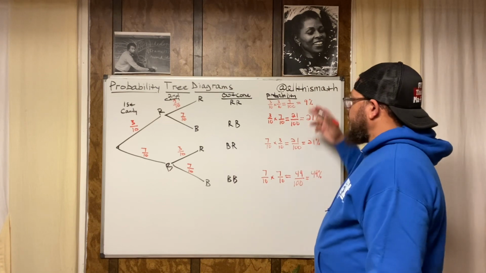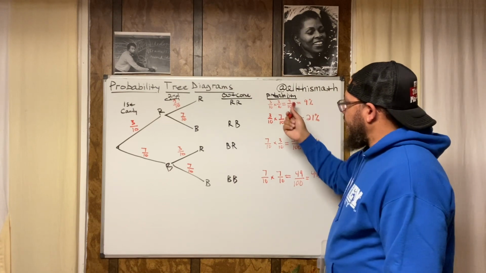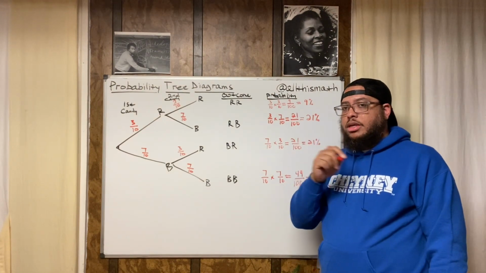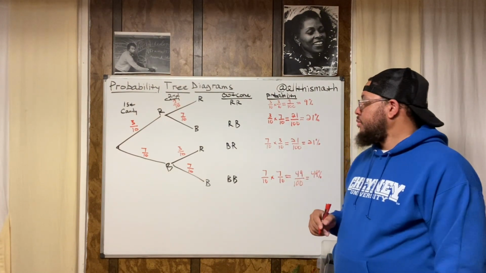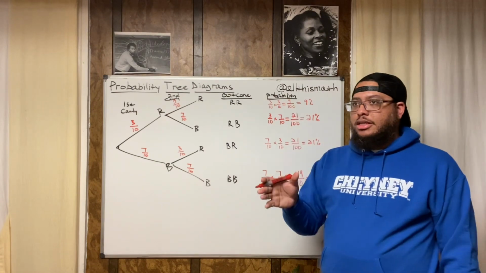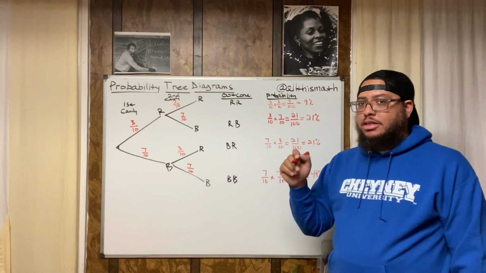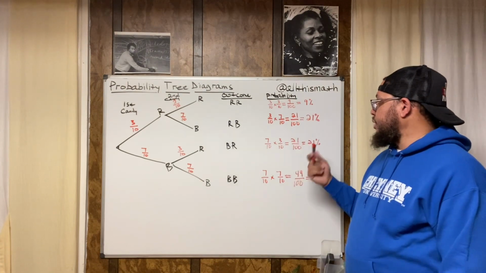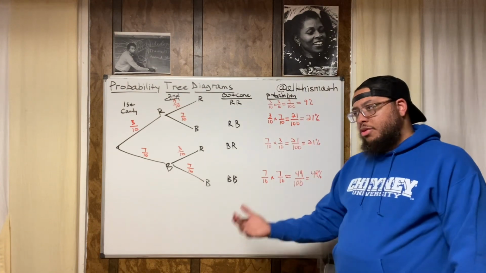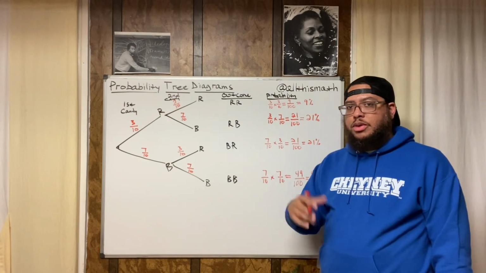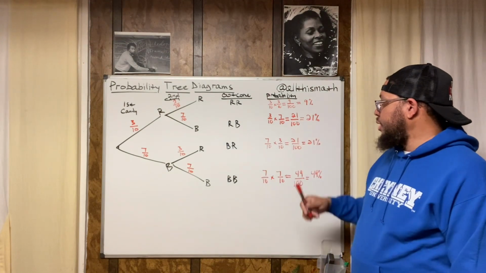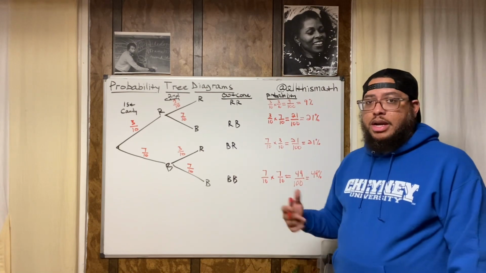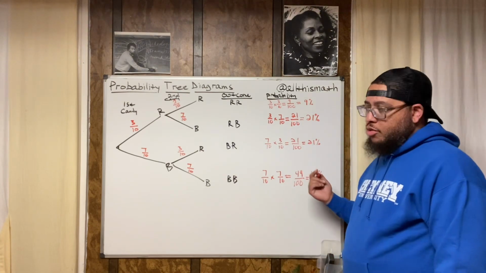Now, how am I converting these to percentages? I just do the math. I do 9 divided by 100. I get 0.09, and then I move the decimal point 2 spaces to the right. Or I leave the decimal point there and I move the digits 2 spaces to the left. I still get 9, the whole number 9. 21 divided by 100, same thing. Do the math, you get 0.21, then you do 0.21 times 100, you get 21%. Same thing here. 49 divided by 100 is 0.49. 0.49 times 100 is 49. All right.